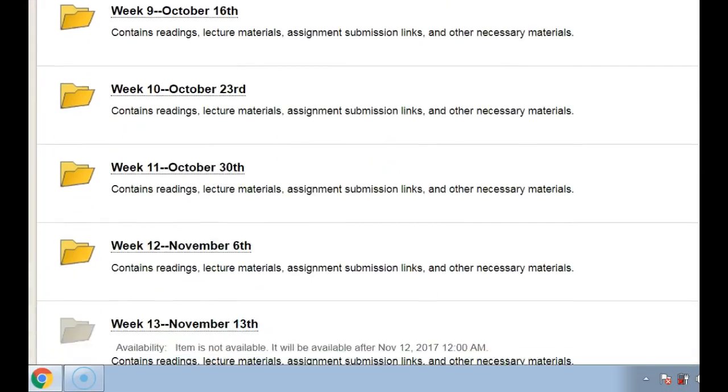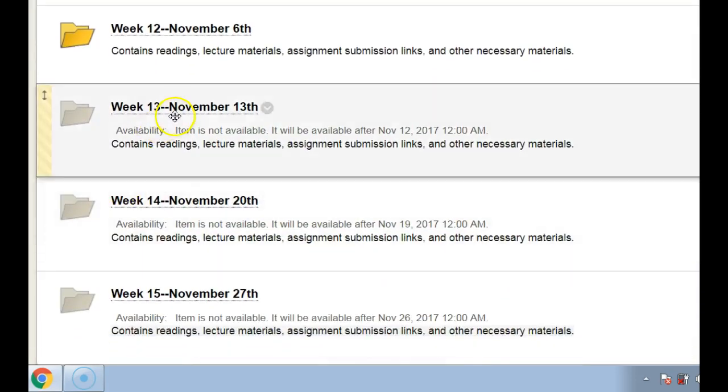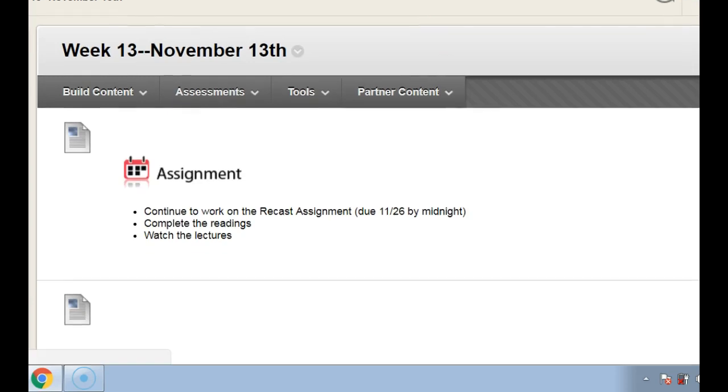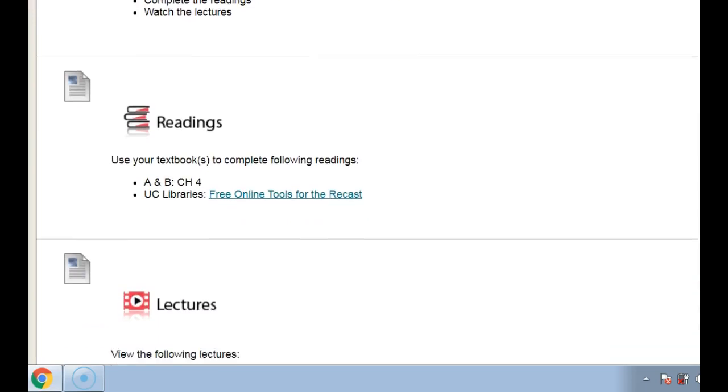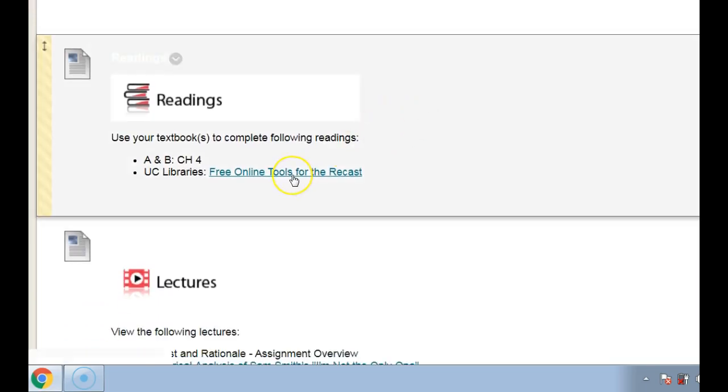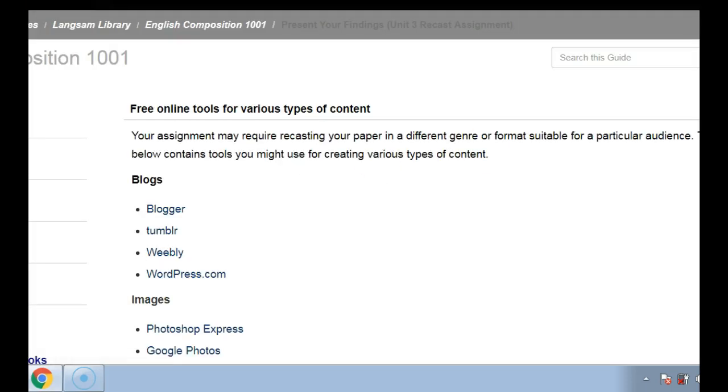And for us, it's going to be in week 13. You'll see things a little differently from my end right here, but this is essentially what it'll look like this week for you. And you're going to see a link right here in the reading section to UC Library's free online tools for the recast. If we click that,